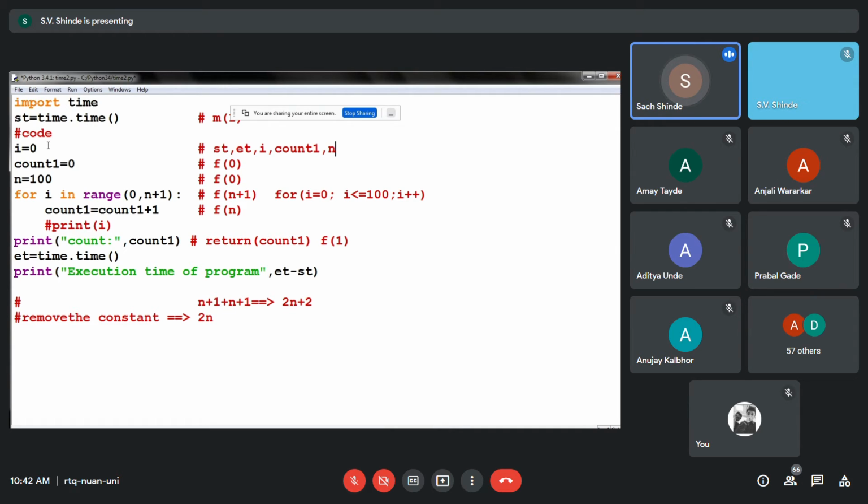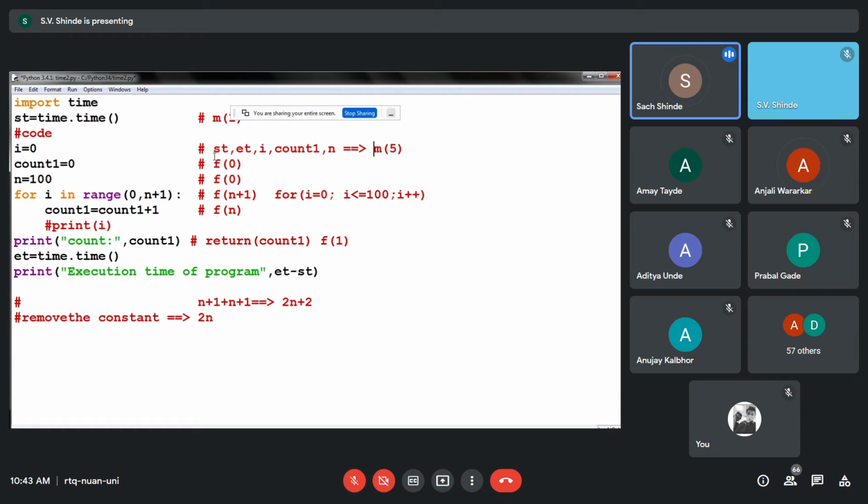Any other variable we are using? Okay, so the total variables are 1, 2, 3, 4 and 5. So let us assume we are using 5 memory variables. Okay, so this is my memory complexity.